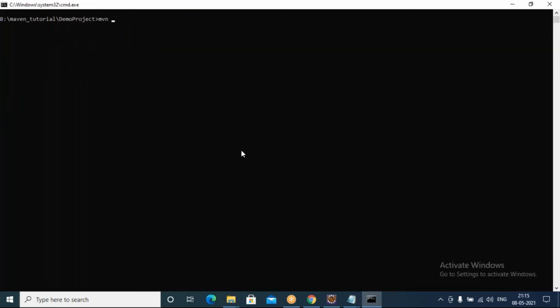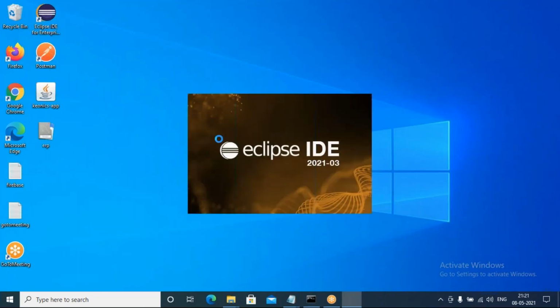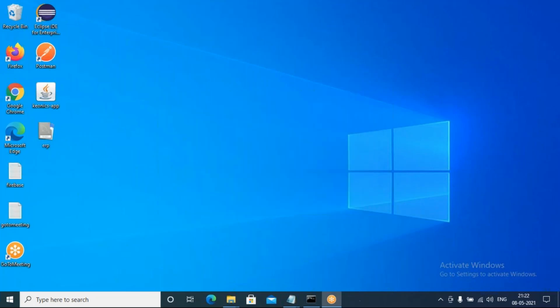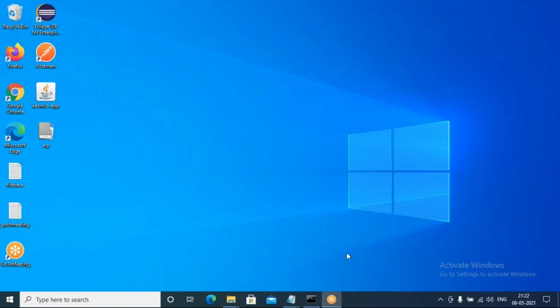Now mvn test phase. So I have identified the issue and corrected that. If it is not able to recognize the testng path, just remove the testng library once and re-add it.